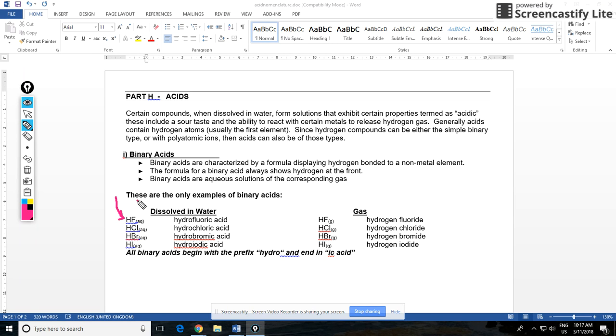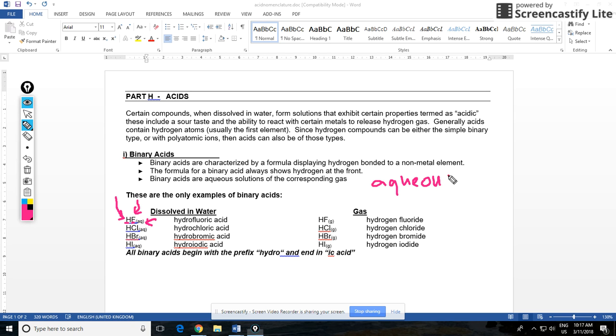These are called binary acids. Binary acids are acids that are made up of two elements. One is H and the other is a nonmetal element. Now, you'll also notice that the acid has (aq) next to it. (aq) means aqueous,